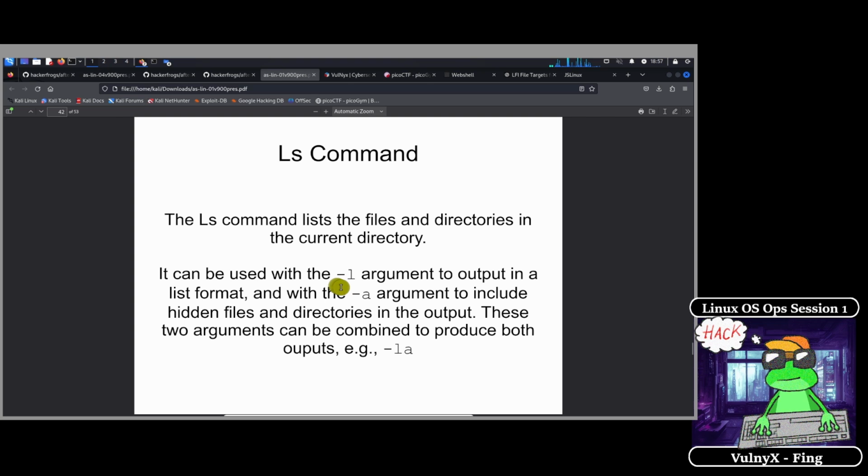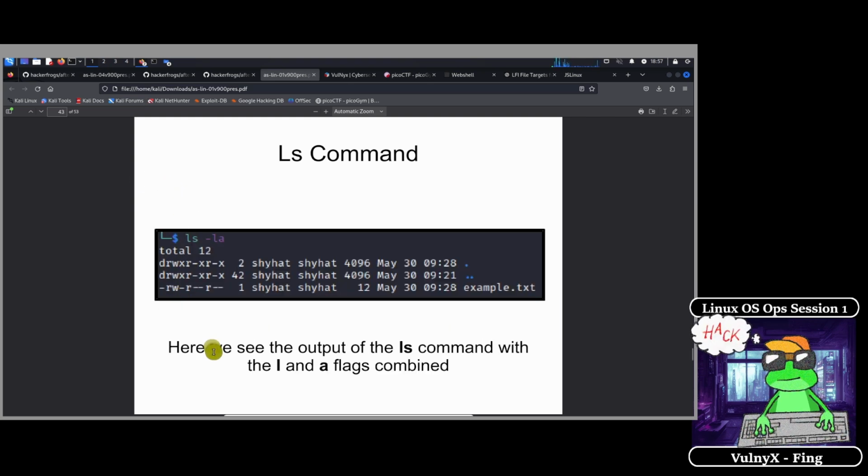It can be used with the -l argument to output in a list format, and with the -a argument to include hidden files and directories in the output. These two arguments can be combined to produce both outputs, for example, ls -la. Here we see the output of ls combined with the l and a flags. So we get a list, and it also shows us some hidden directories and hidden stuff.